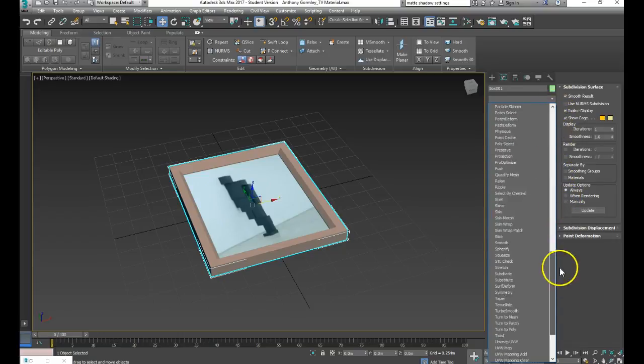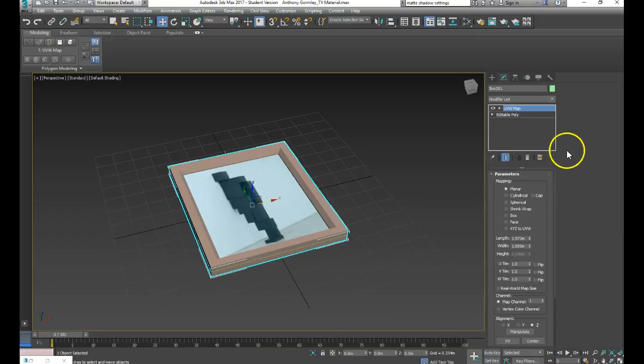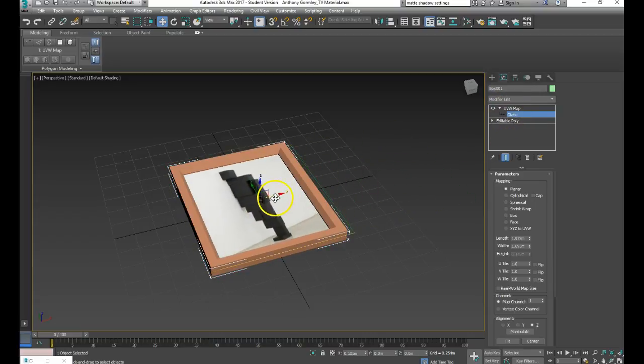Sorry, I've got a click out here. UV map modifier, and my UV map modifier is going to have a parameter mapping set to planar, because of course the image is just a single plane, and I'm going to double check that the map channel is set to 1. Okay, and basically if I expand the UV map triangle here, go to Gizmo, I can slide position